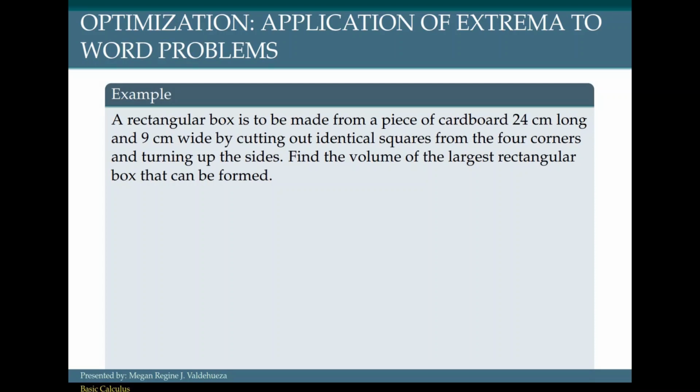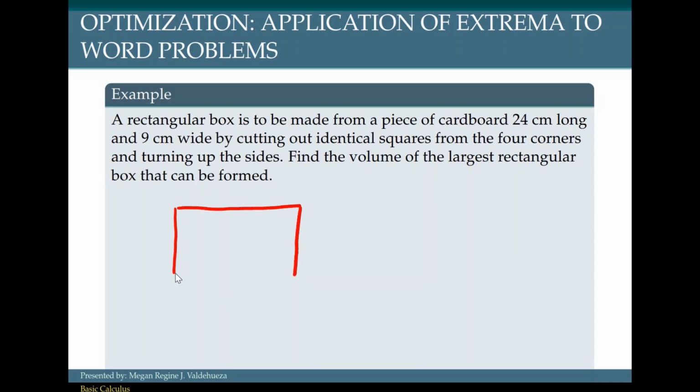Another example. A rectangular box is to be made from a piece of cardboard 24 centimeters long and 9 centimeters wide by cutting out identical squares from the four corners and turning up the sides. Find the volume of the largest rectangular box that can be formed. So, if we draw the problem or the figure,